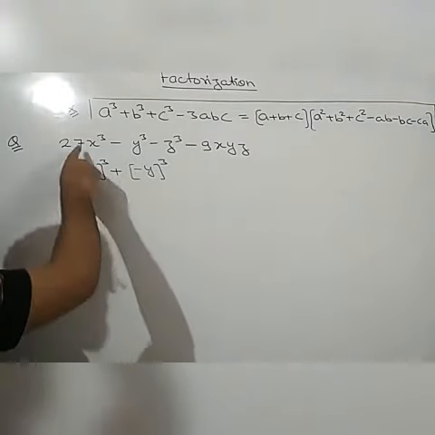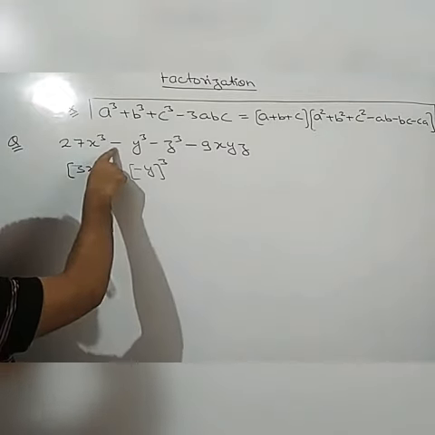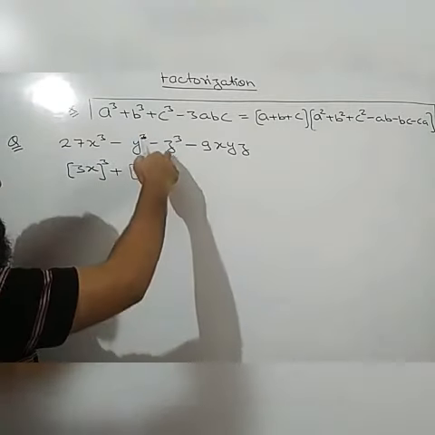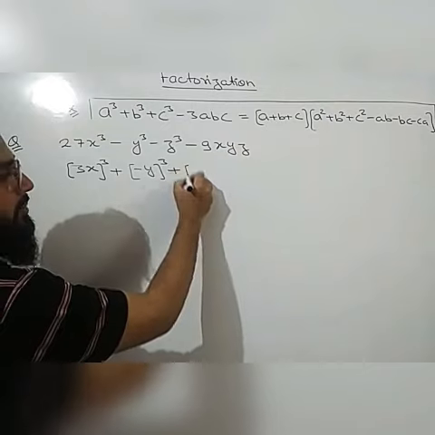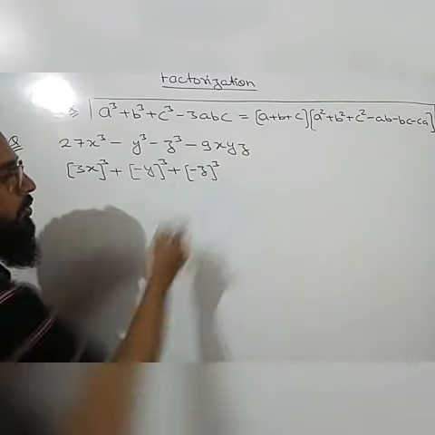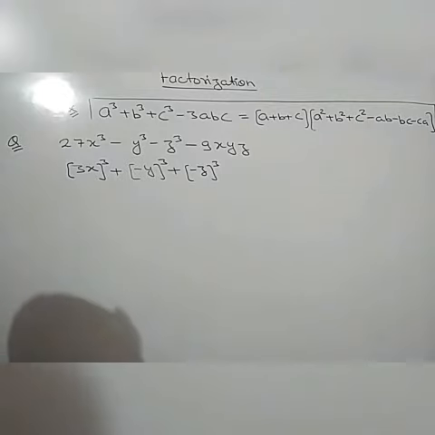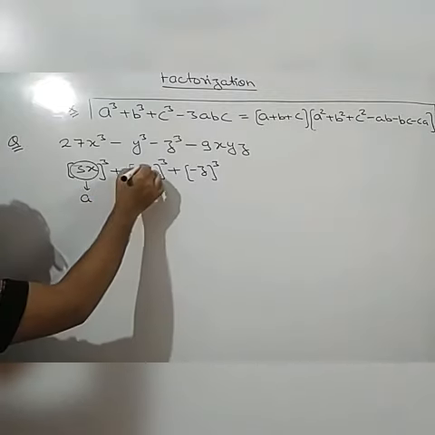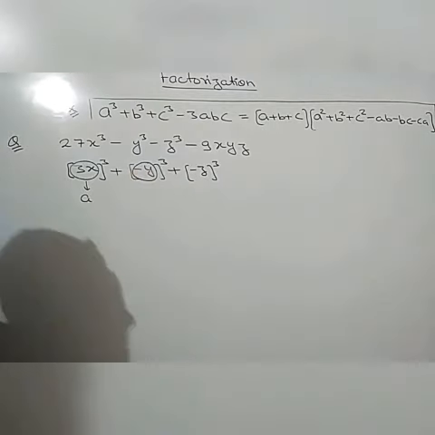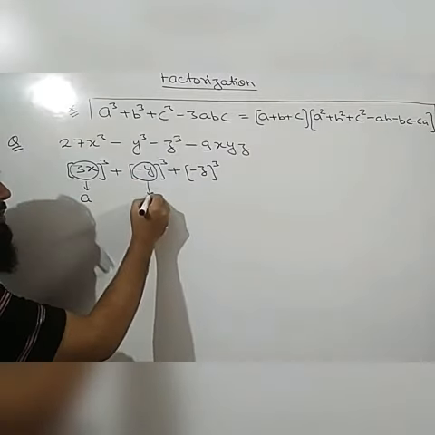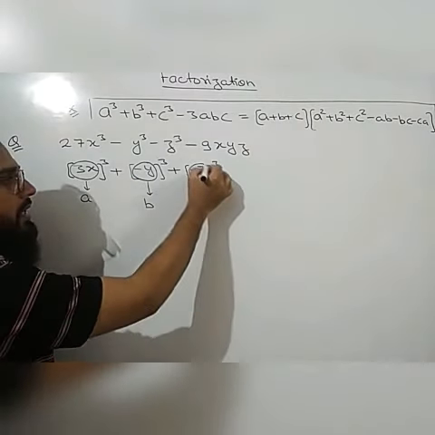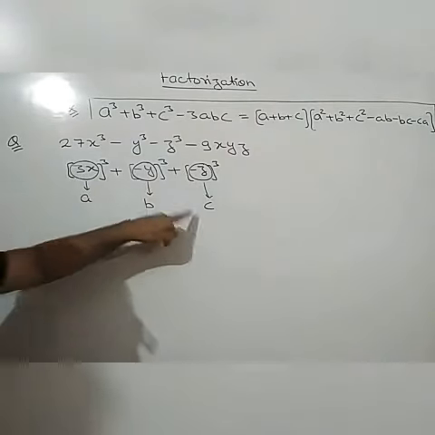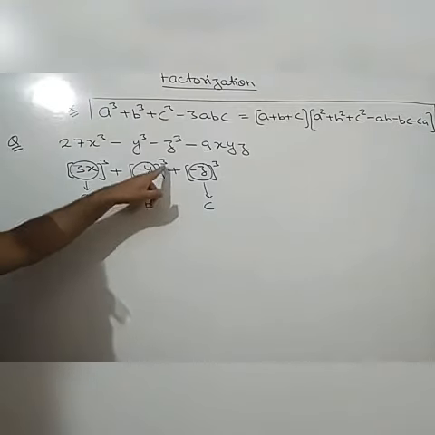So in this way we convert the negative sign into the positive sign of the identity. Clear? So it is 3x whole cube, then I have converted this minus sign, taken a plus here, and in the bracket taken minus y whole cube. Similarly in this term also we will take plus, and in the bracket we will take minus z whole cube. Okay, now what can we consider? This 3x can be considered as a, this minus y in the bracket will be considered as b, and minus z will be considered as c. So we have got all the three terms, a, b and c. It is written as a cube plus b cube plus c cube.